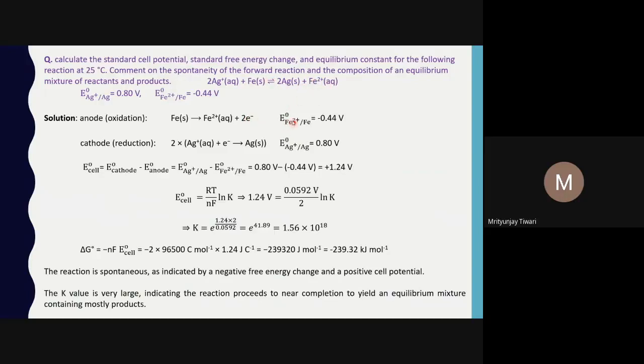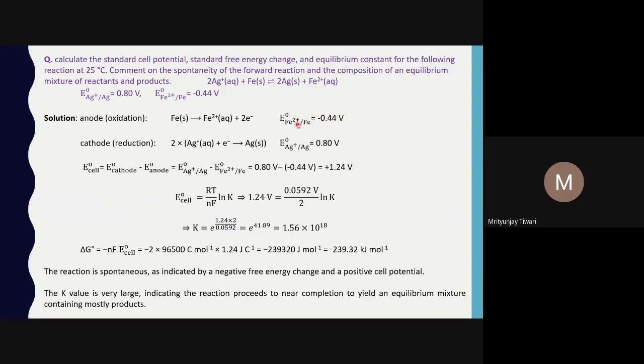And for E naught, the reduction potential for this reaction is already given. Please note that this is the oxidation reaction. However, the potential for this reaction is given in the opposite direction. This is for the reduction, meaning if Fe2+ accepts 2 electrons to give Fe, what would be the cell